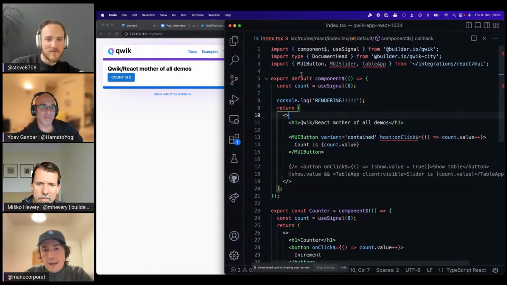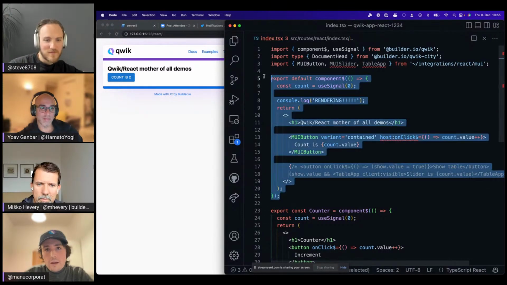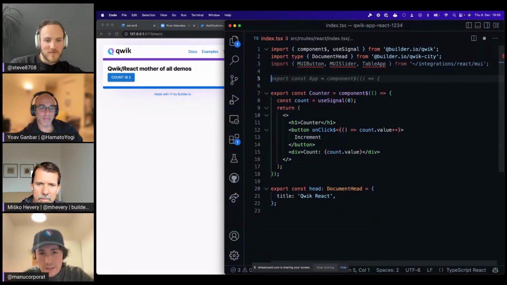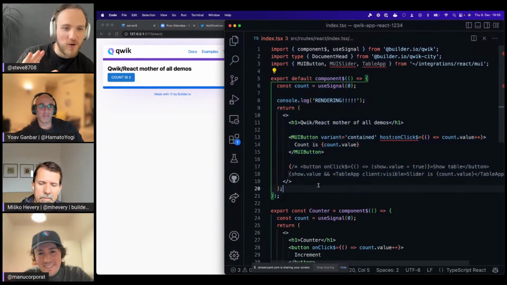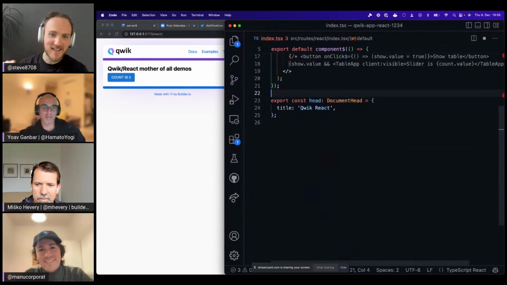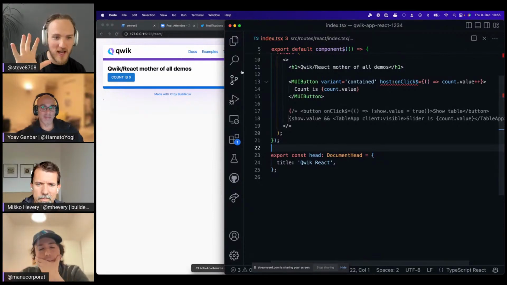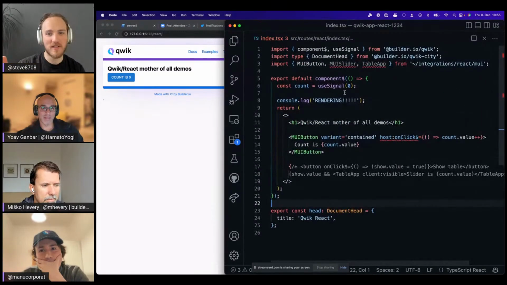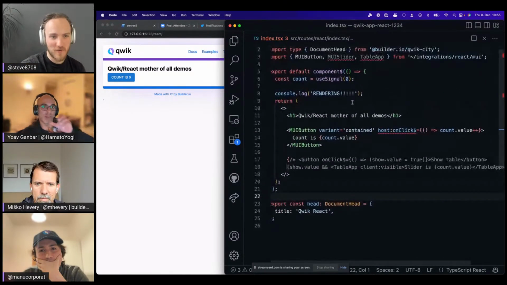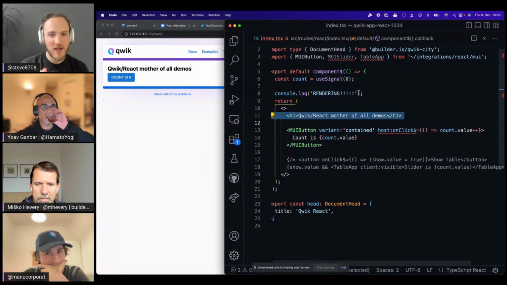Like Qwik is able to even have reactivity of this Qwik component without having to download the Qwik component itself. Can I layer onto this one? I really want to make a tweet on this, honestly, to point this out. So with that, if this was just a React component, then that log would run once on the server, once on the client on boot up, and then every time again after you're interacting.